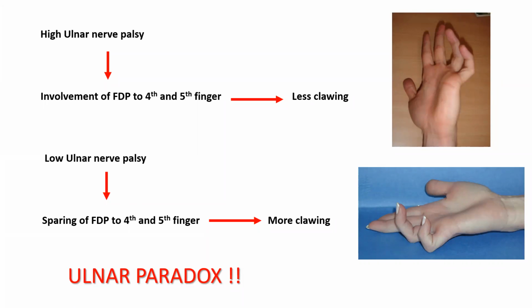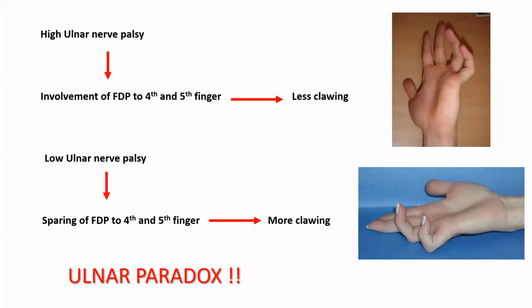Whenever the lumbricals are lost, there is hyperextension of the MCP. So whenever there is hyperextension of the MCP, naturally the finger flexes. You need not flex the finger to cause clawing. Clawing is a passive phenomenon. It is not an active phenomenon. The patient is not contracting his muscle to show clawing. The clawing happens by itself, by nature itself.